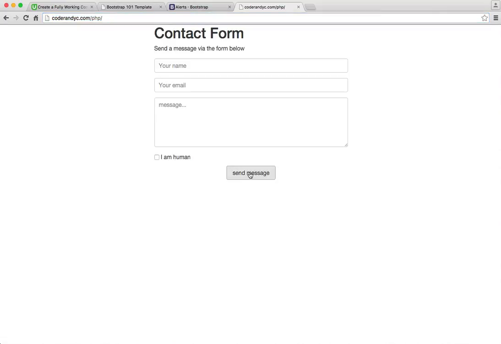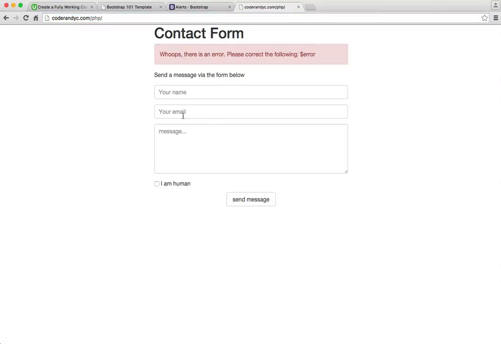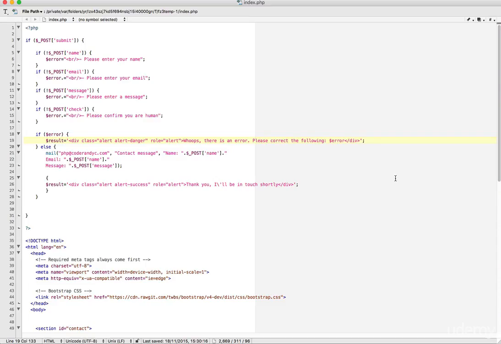then if we just simply hit the submit button here and not fill any information in, we can see that our error message displays in our warning alert. But obviously you may notice that we don't have our errors displayed, only the word error. So our error variable isn't actually being viewed as a variable. The way we can get around this is to add single quotes around the error. And then we need to add in our full stop just to make sure that the content is added before